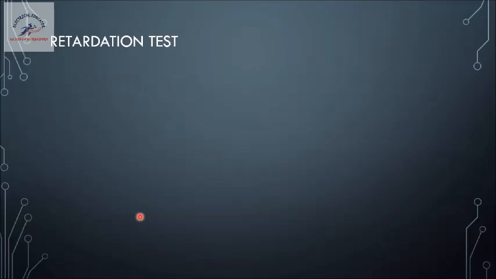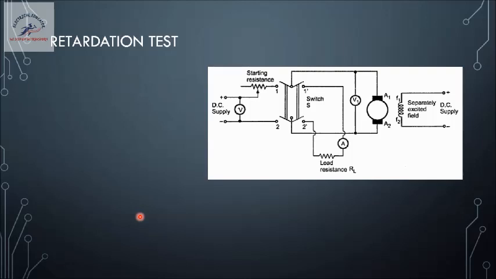So carefully observe this circuit. In the retardation test, what is done is there is a switch used which is called a DP-DT switch. It's a double pole double throw switch. It can be closed on the left side, thus the supply is given to the motor armature, or it can be opened such that the supply is disconnected, or it can be closed towards the right side such that there will be a small load connected to the armature. Three positions are possible. Position 1 is connecting the armature to the supply. Position 2 is opening the switch. Position 3 is connecting it to a load resistance.